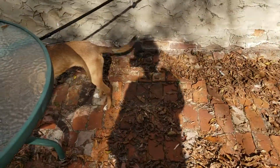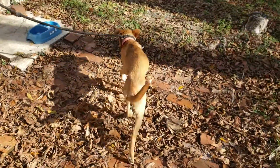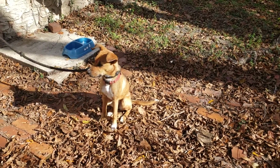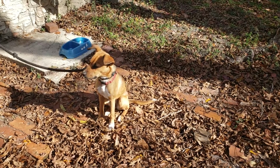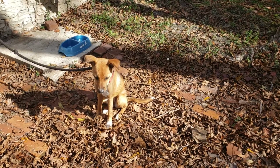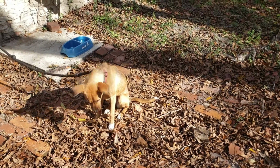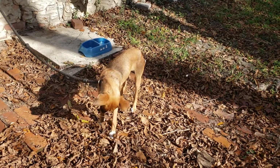So just like us, our dogs need to eat healthy so that they do not get sick. And many animals nowadays are getting cancer and diabetes. It's the kind of diseases that humans get. And I think it has a lot to do with these processed foods that people are feeding their dogs and also overfeeding them. They're not active, and just the wrong kind of diet. And I wanted to show you a recent picture of my healthy, beautiful dog, or vegan dog,